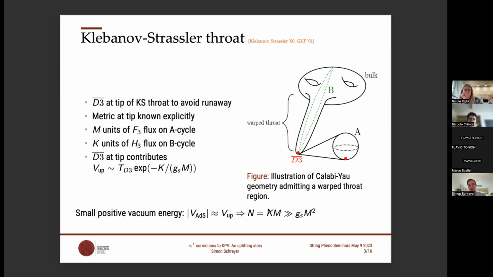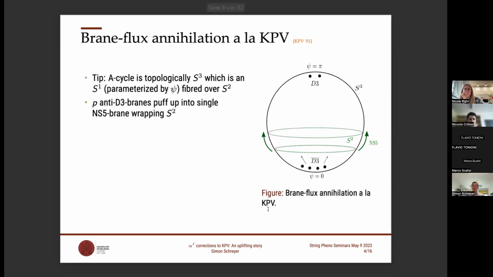But putting just P antibranes at the tip of this throat is a little bit too simplistic, because of the brane-flux annihilation process discovered in the paper by KPV: there is a classical decay process of these antibranes. To understand this, we should note that at the tip the A cycle coincides with